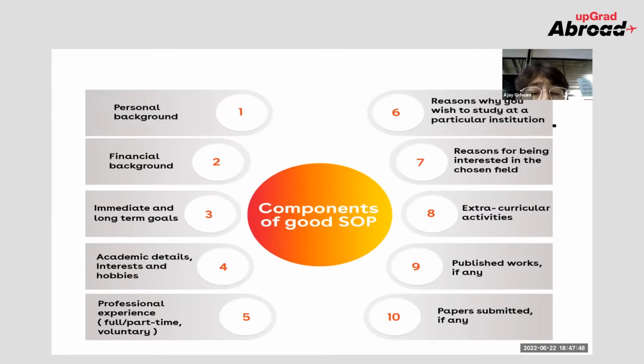I am not only talking about my academics, I'm talking about my interest, hobbies, my family, my immediate goal, my long-term goal. Why do I want to go for a particular country, maybe the US? Why do I want to go for a particular university, maybe Yeshiva University? Why do I want to go for a particular course? Maybe I'm talking about data analytics and visualization. My extracurricular activities also include my certification, my accolades, my whatever. So everything which is related to me can be stated in SOP, but that has to be on a professional ground. So this is all about SOP, which gives an idea about the holistic personality of the student.